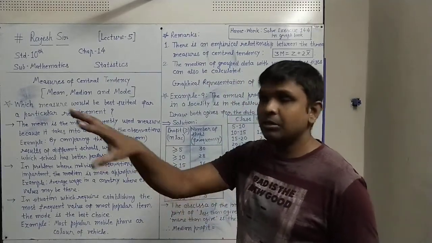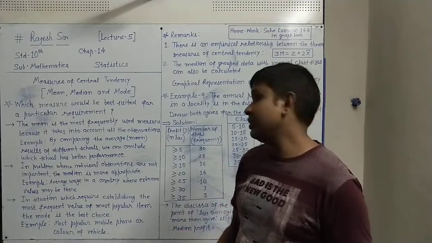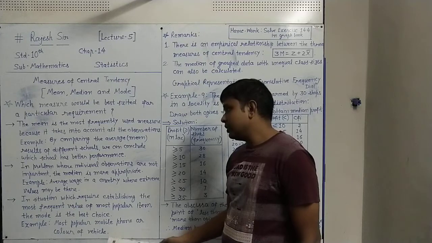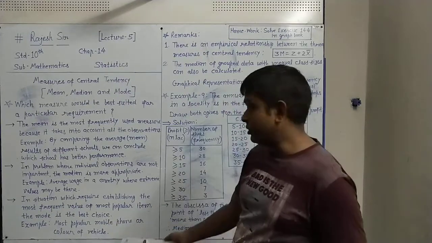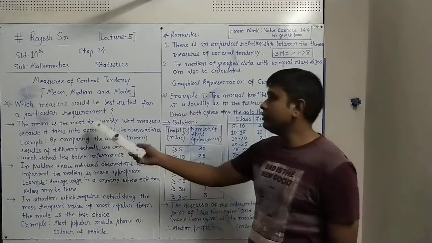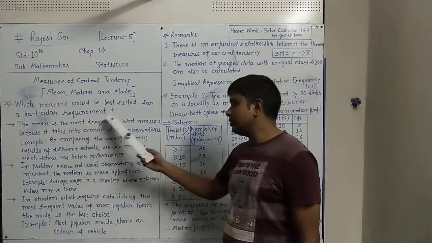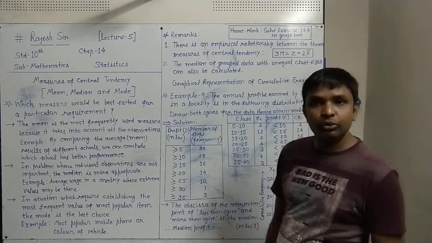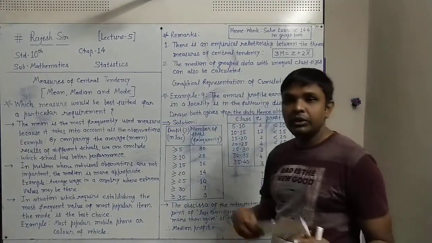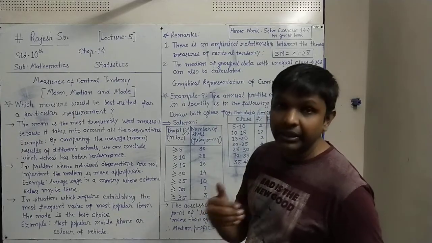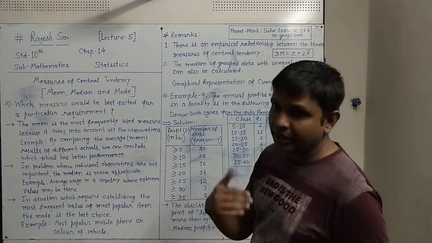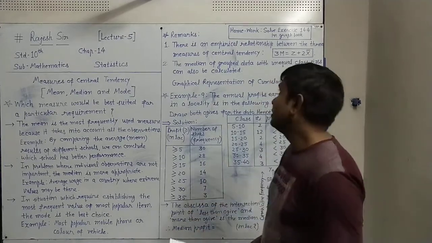So what is maximum occurring, that is the trend you can understand. So in this type of examples or situations, the mode will be important. This way we have seen all the three, which measure would be best suited for the particular requirement. That we have to note down and understand in our minds. Whenever in a practical problem, you can understand which thing you have to calculate, and that way you can make the conclusion. Okay.